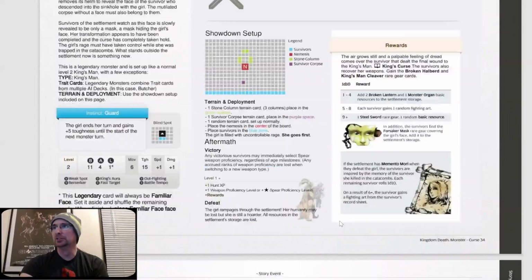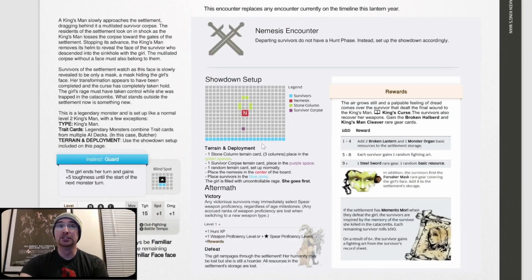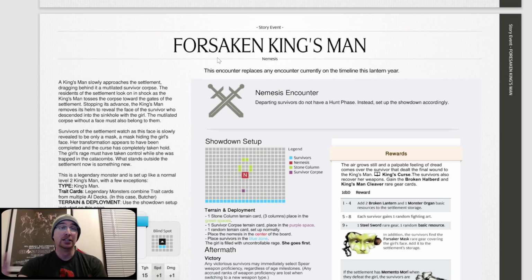Where's Forsaken Kingsman? Okay, Forsaken Kingsman. This is an encounter, right? So she's going to come back. Curse will come back because eventually she survives down there in the catacombs. She's going to do all kinds of stuff. Again, I've already talked about all this stuff. You can watch the first video. The only thing that's new here is